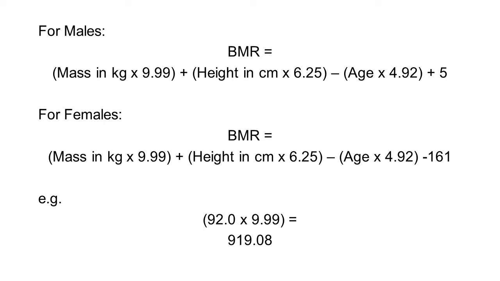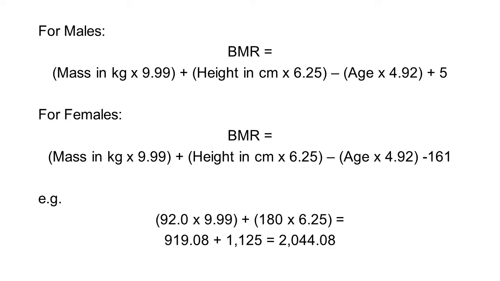919.08. Then, take your height in centimetres and multiply it by 6.25. You then add that to your first number and again save the result. So, for me, as I am 180 centimetres, multiplying that by 6.25 gives me